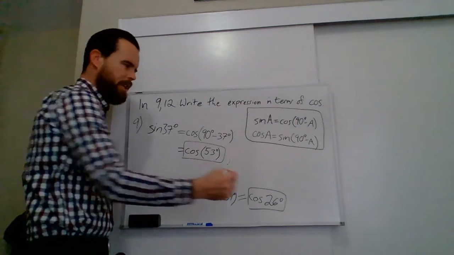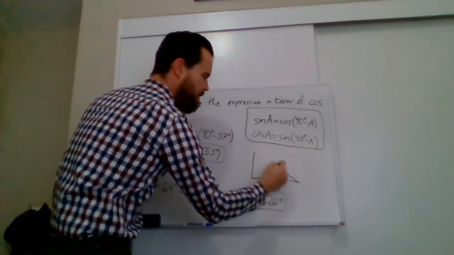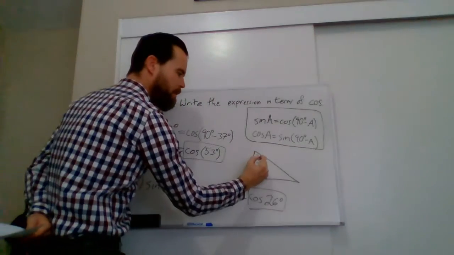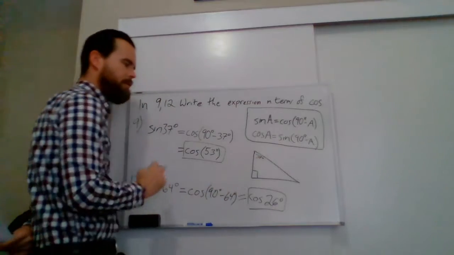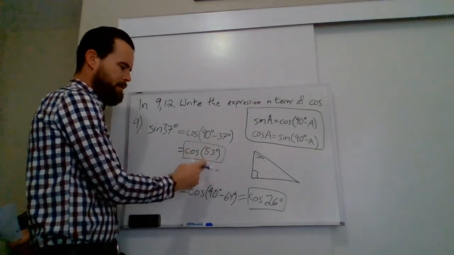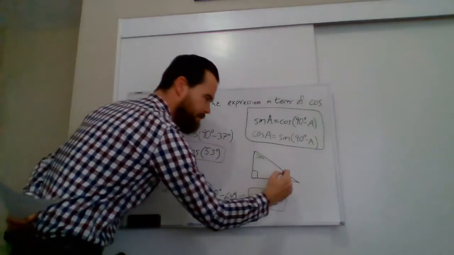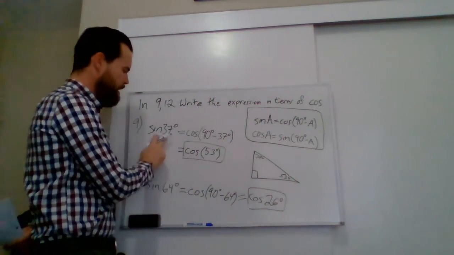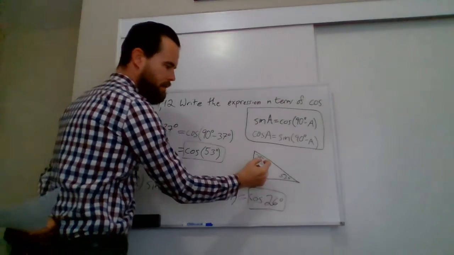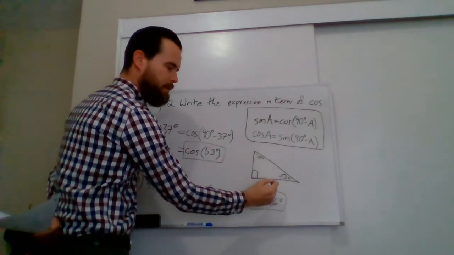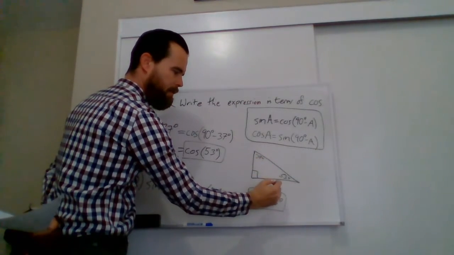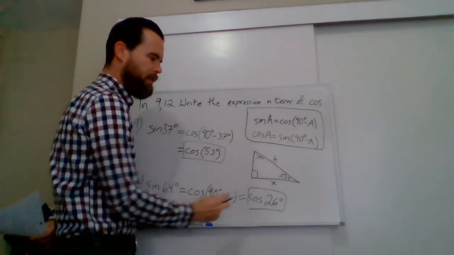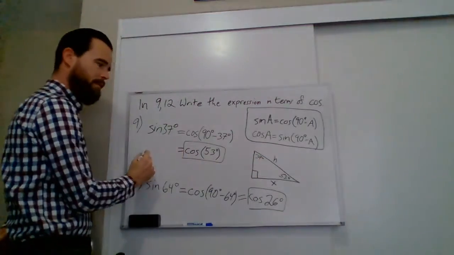Let's draw a picture just to check to make sure this all works. We have 90 degrees here. Let's just look at number 9. So it's 37 degrees here. We know 90 minus 37 is 53, so let's go ahead and fill in this here. So we're looking at the sine of 37 degrees. It's opposite over hypotenuse, so we're going to be looking at that value here. And let's just call the hypotenuse h. So sine of 37